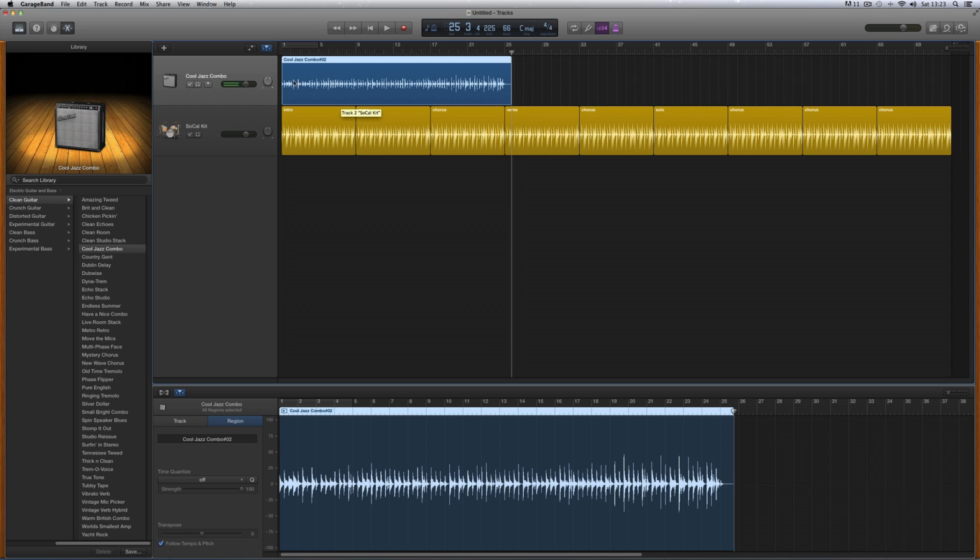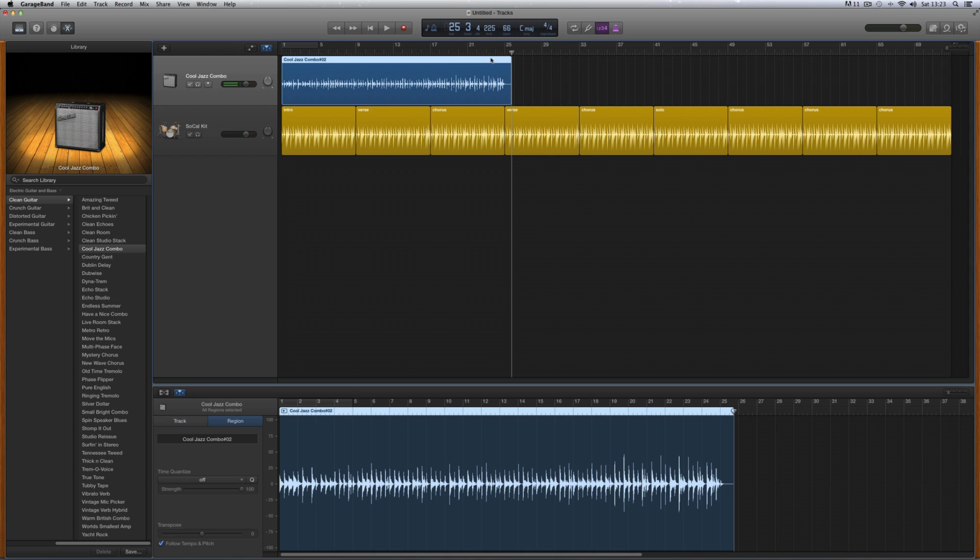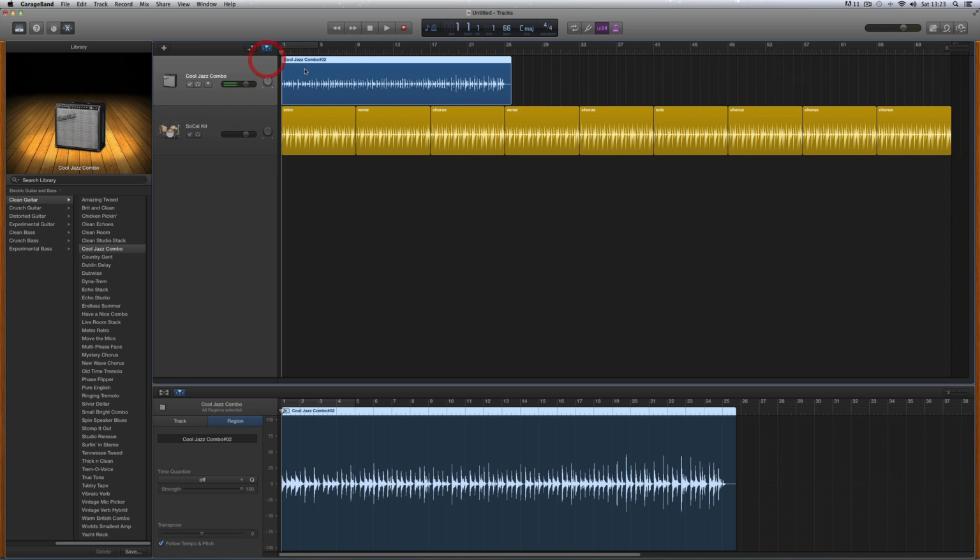Okay, now I could have recorded the guitar all the way across the entire length of the track if I wanted to, and if I make a mistake I stop, I get this piece of audio, I backspace delete it, return the playhead to the beginning and record it again. Or if I get to the end and I play it back and I don't like it, I delete the piece of audio, put the playhead to the beginning and do it again. I could have recorded the guitar all the way through. Okay, but